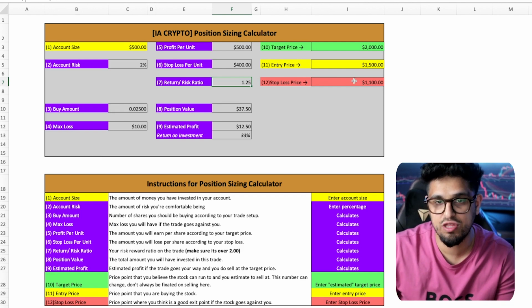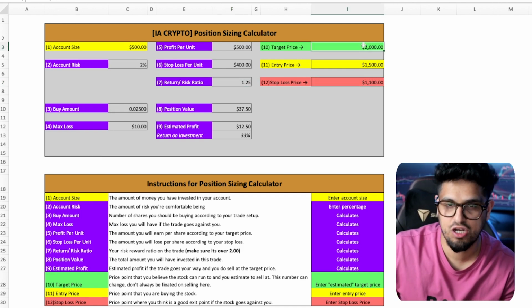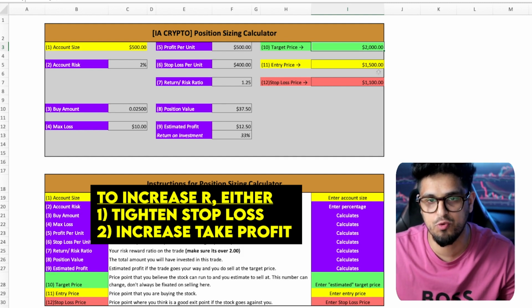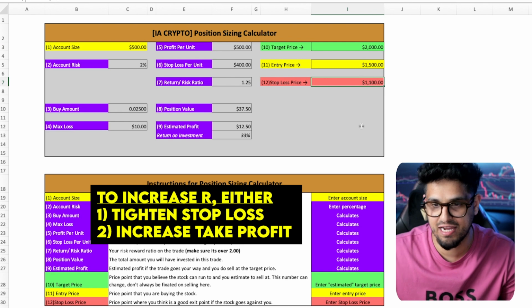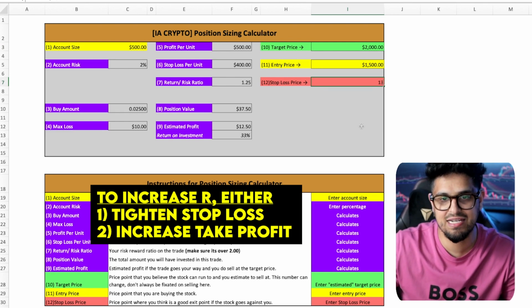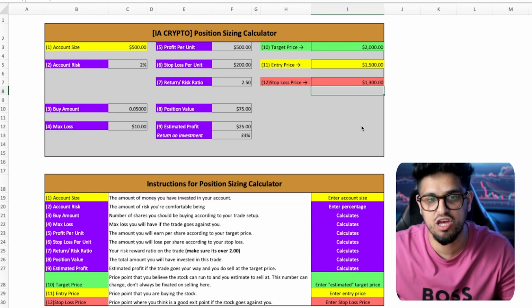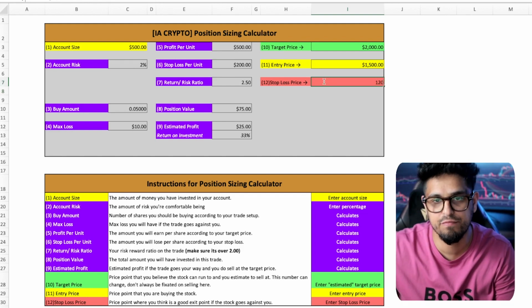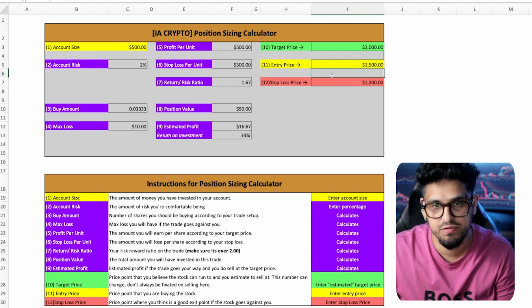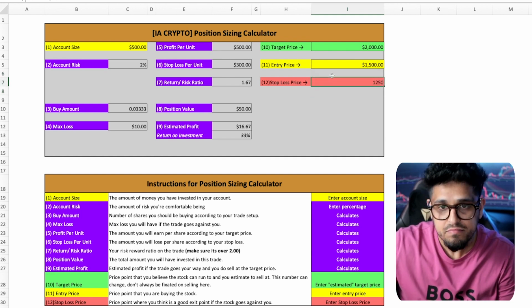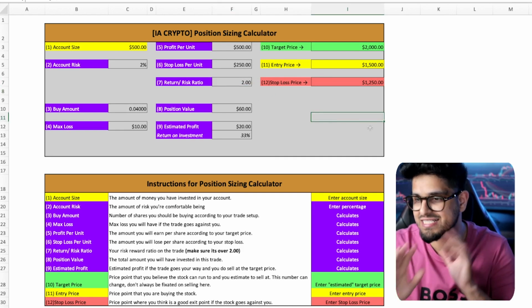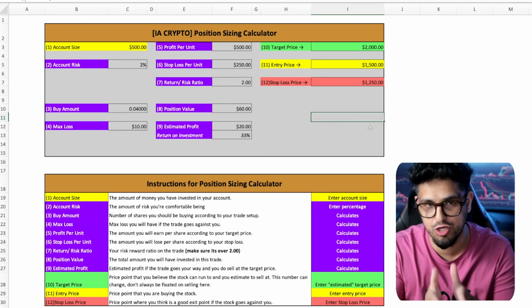So really, there's 2 things I need to do here. Either my target price has to be higher, there needs to be more potential in this trade for me to enter it, or I need to keep a tighter stop loss. So in this case, let's go ahead and enter a tighter stop loss at 1,300, and you will see I now enter 2.5. So I can probably give myself a little bit of breathing room at 1,200. Let's go 1,250 here in the middle. And I'm going to go ahead and see now they're bang on. I'm at 2 on my risk to reward. So that's going to be the trade that I want to go ahead with.